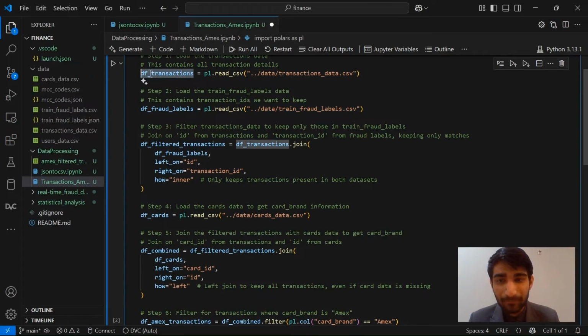over here as df transaction for the transactions data, and for the fraud transactions CSV file, I have it as df fraud labels. So I will filter the transaction. I will create a new data frame as df filter transaction, in which I'm going to select the df transactions, and I'm going to join this with df fraud with a left join on ID and the right join on transaction ID. So transaction ID is a unique ID of every transaction which is available in my fraud CSV